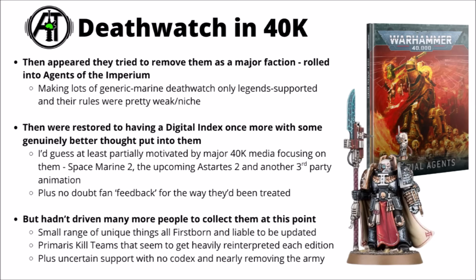seemed to think about removing them as a mainstream faction, unceremoniously rolling them into the Agents of the Imperium, and basically meaning that Deathwatch players that had collected a bunch of other Space Marine units weren't able to use them, and on top of that making their rules a bit more bland and incredibly underpowered into the bargain. They didn't really last like that all too long before they decided to revert course a bit and release a